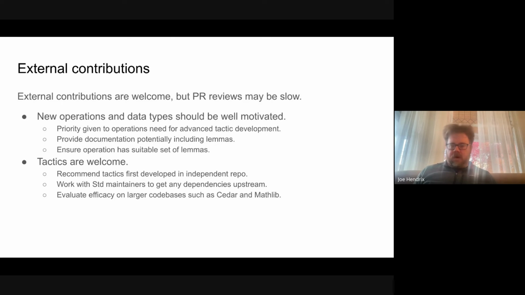So our overall priority is to get these tactics in, to get facilities for tactics. And really just keep in mind that we do want to have good documentation. We want to have a very good user experience. So contributions that improve the documentation are especially welcome. Contributions that add more things that will need to be better documented are going to be more guarded. And so I think that's it from what I want to say. Really, the focus is on tactics and on making this library more mature.